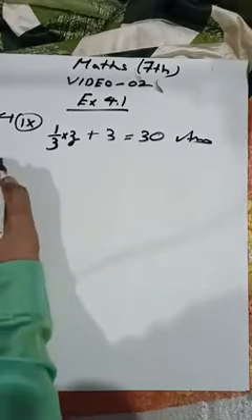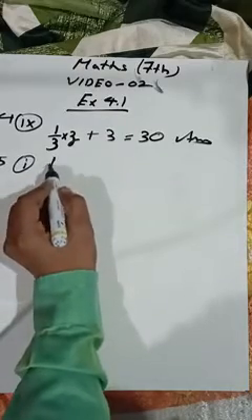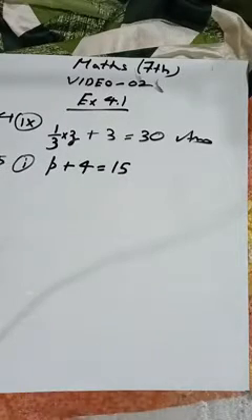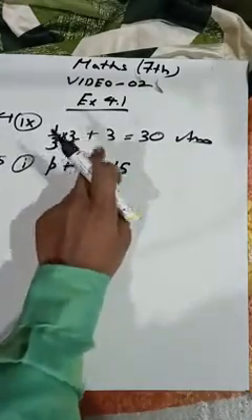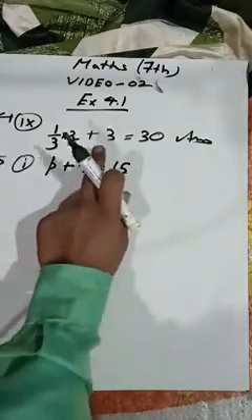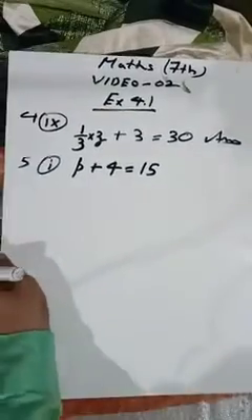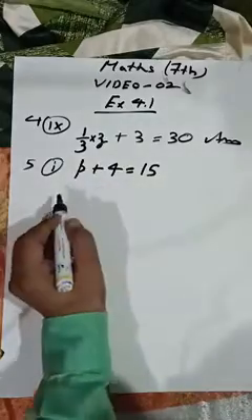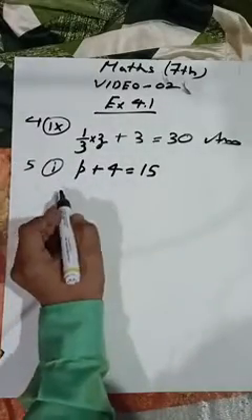Now let's take the fifth question, first part, the equation is this. Now what you have to do, write the following equation in statement form. Means I have to write a statement for this. In the fourth question a statement was given and I had to convert it into equation form. Now here an equation is given and I have to convert it into statement form. So there are many ways to write a statement.